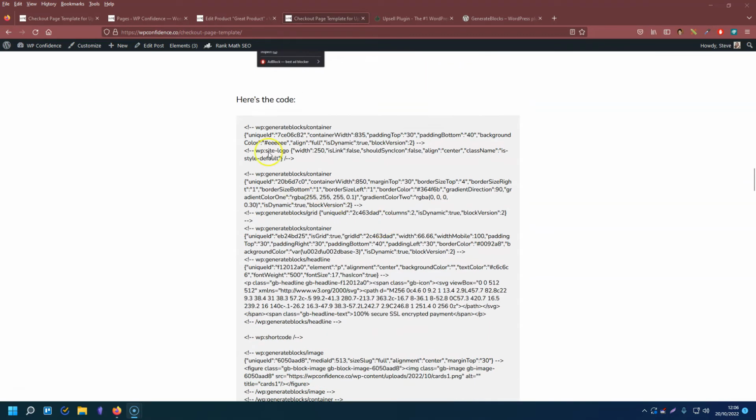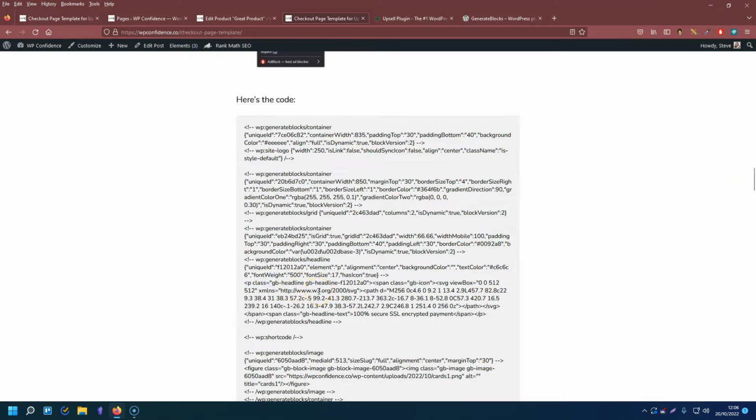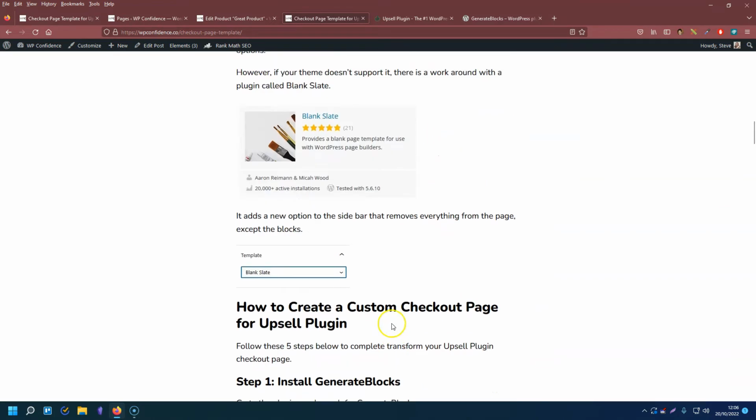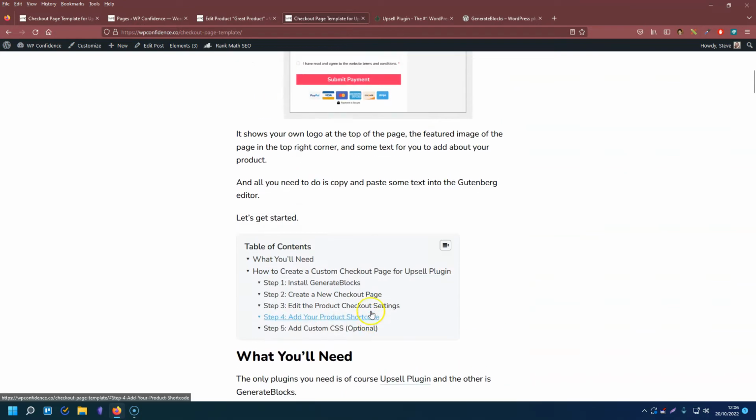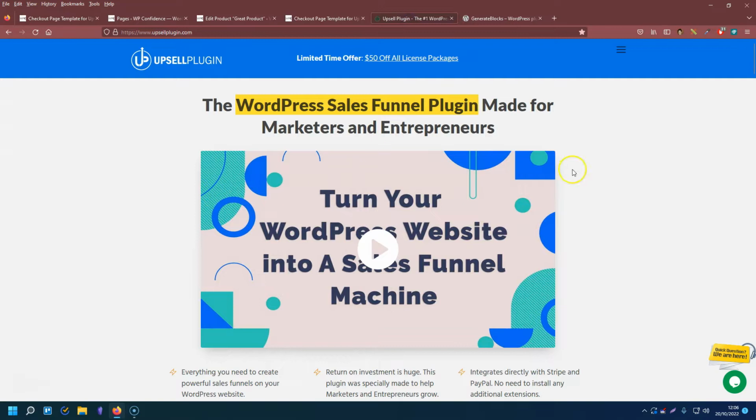is paste in this piece of code into your Gutenberg editor, but before you do that you need to install a plugin called GenerateBlocks. So obviously you will also need Upsell plugin,